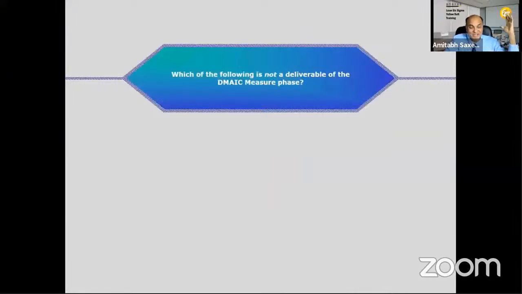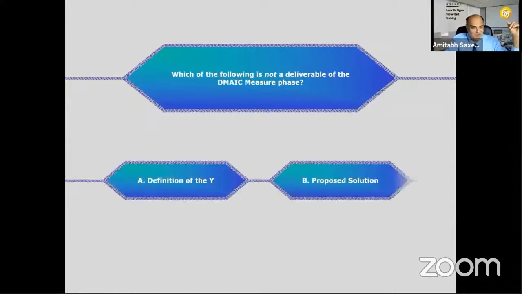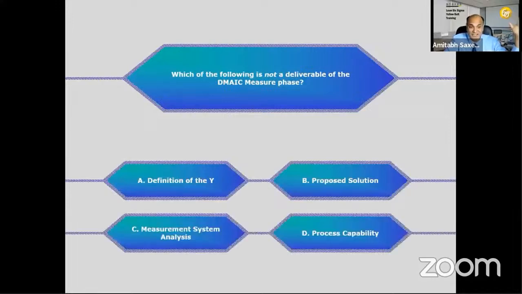Life money college. Tell me, which of the following is not a deliverable of DMAIC phase? Right answer will give you $10,000. Wrong answer, I'm sorry, will not give you anything. Okay, tell me, what is the right answer for this question? And let me see first what is the right answer. And the right answer is, of course,